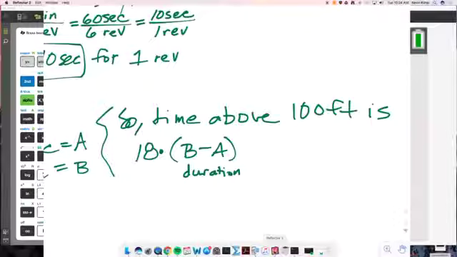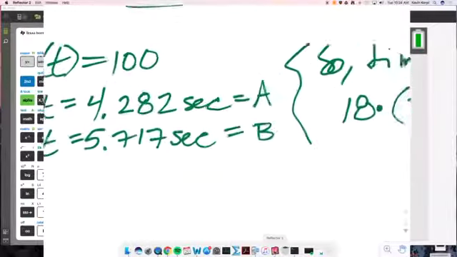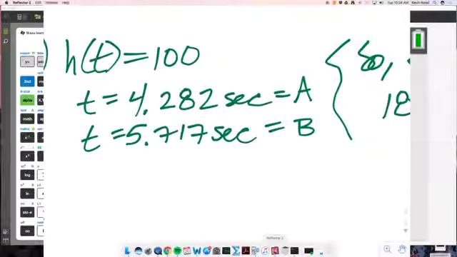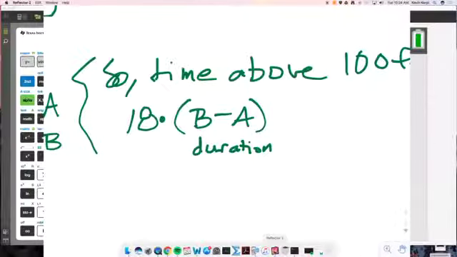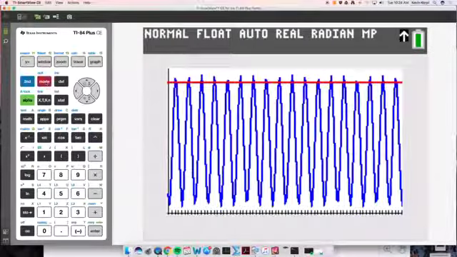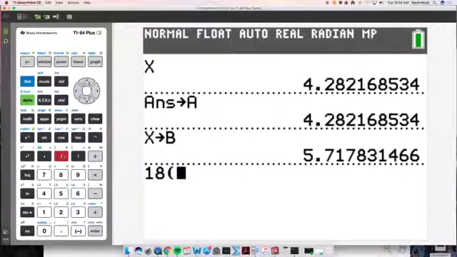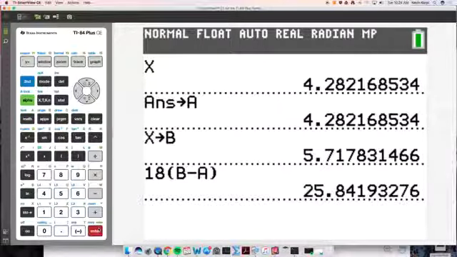So 18 times B minus A is all you need to show for the work that leads to your answer. And when I see B minus A, I'm going to look over here to the left. I'm going to be like, oh, there's A and there's B. And now all you got to do is go to your calculator and type it in pretty much exactly as you see it right there. Back to the home screen. 18 parentheses alpha B minus alpha A, close parentheses, hit enter. And that's now your final answer,